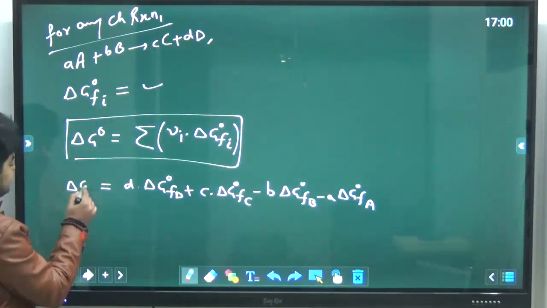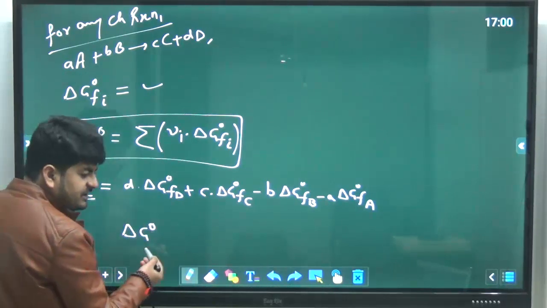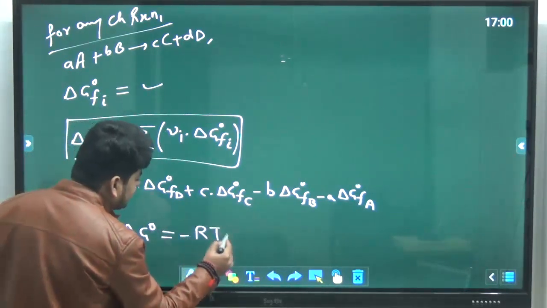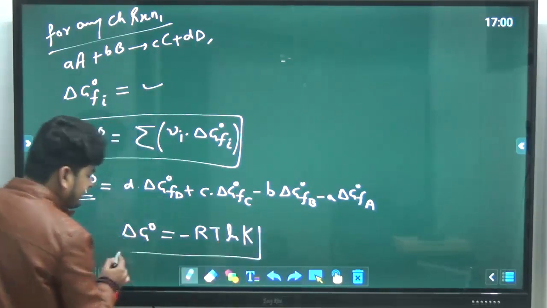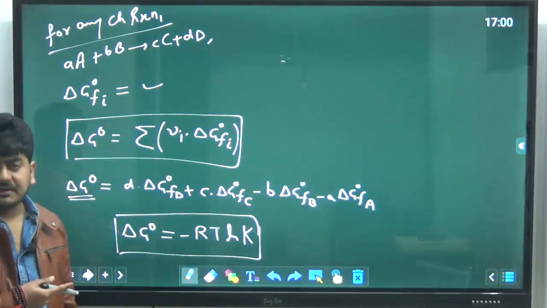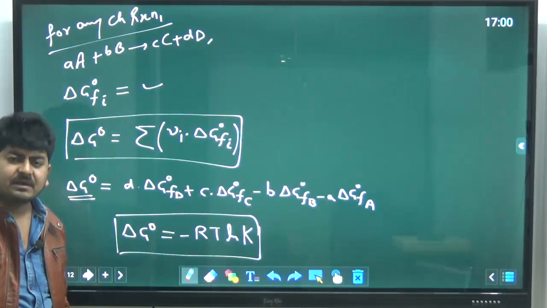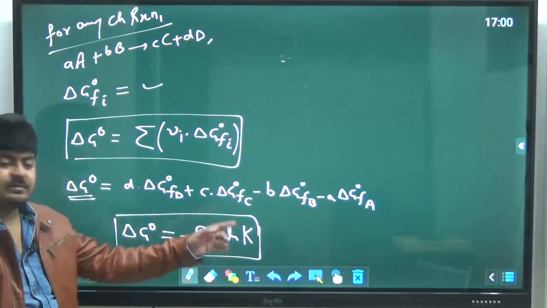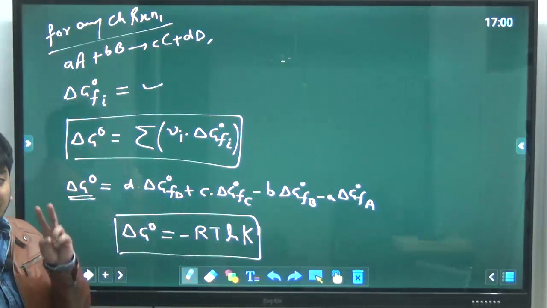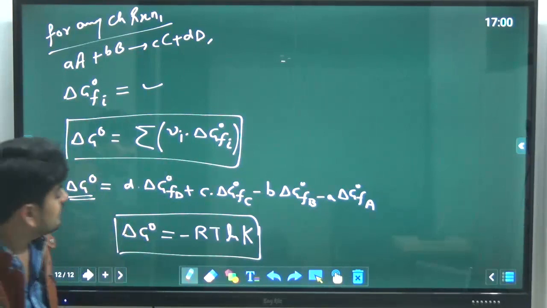Okay, and if you know the standard Gibbs energy of the reaction, then there is a relation between standard Gibbs energy of the reaction and equilibrium constant, that is minus RT ln K. That is the equilibrium constant K in terms of activity. Okay, so if standard state is 1 bar, K will be equal to Kf, and if ideal solution, then Kf will be equal to Kp. So that's how you will get Kp. This K will be equal to Kp, but only and only if that standard state is 1 bar and we have ideal solution.